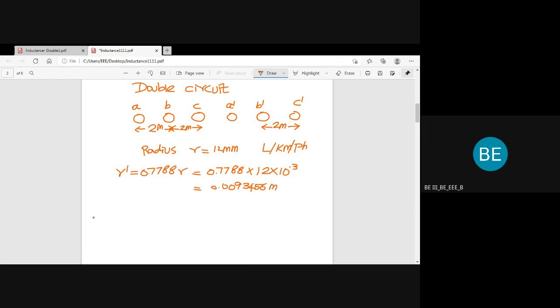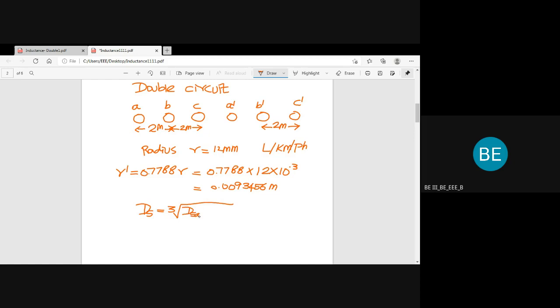Right. So next we have to find the inductance value. So before finding the inductance, we have to compute Ds as well as Dm for the conductor. So the formula for calculating Ds is the cubic root of